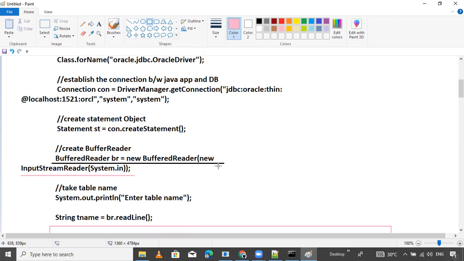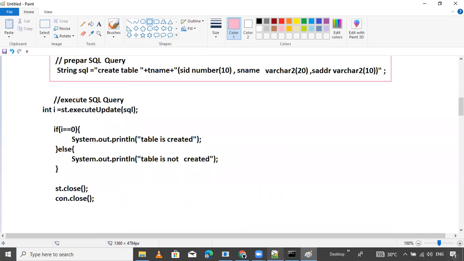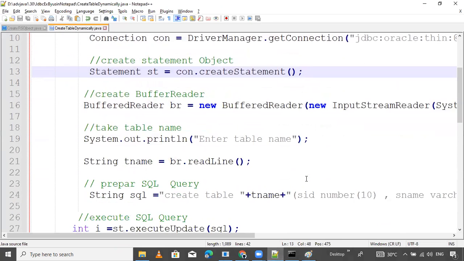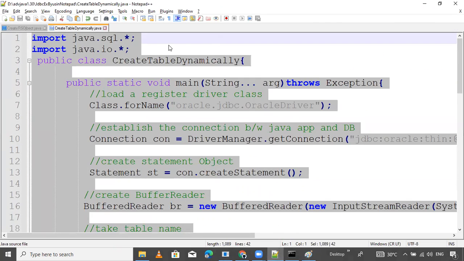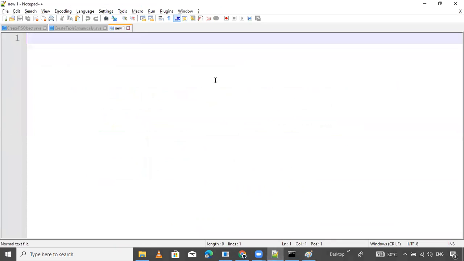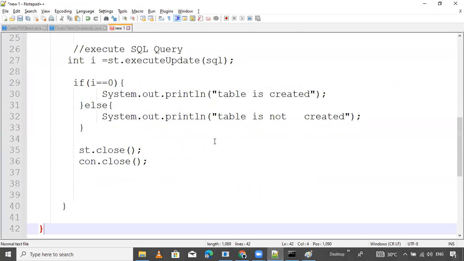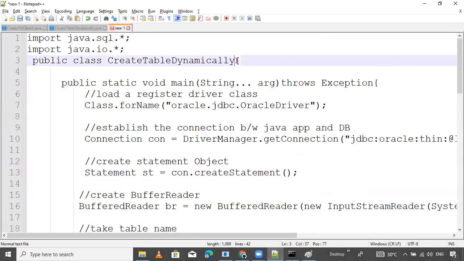Then my requirement is, suppose I want to insert the data dynamically. How is it possible? It is very easy to develop this application. Just copy with Control C, Control V, and just change the class name.